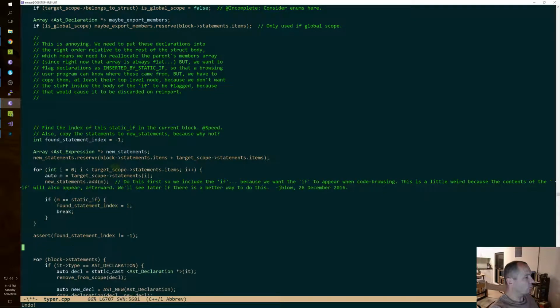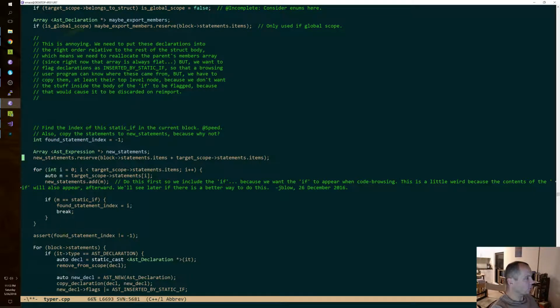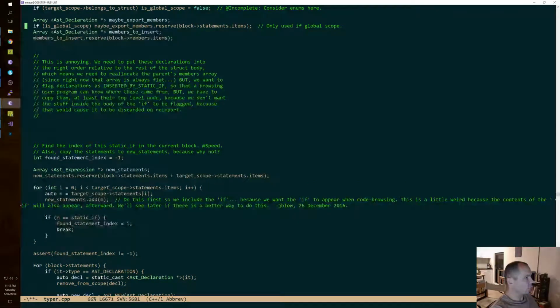Wait, I'm doing the wrong thing. We don't want to clobber new statements. We want to clobber maybe export members. So here, it shouldn't be statements.items, it should be members.items, right? And it's called new declarations, right?